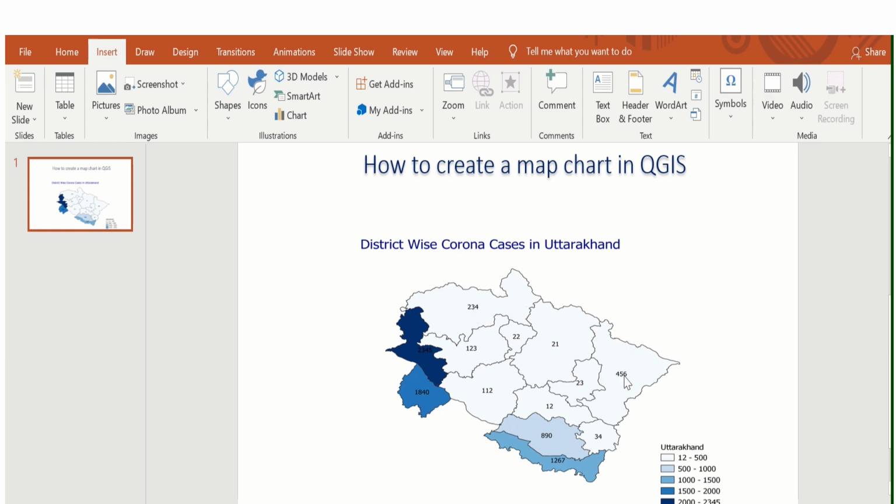The map chart is populated. So these are few sample data. Taking on sample data, the map chart is populated. Let us see how we'll generate a map chart using QGIS.